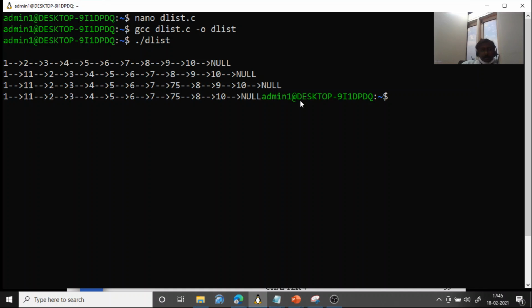Or certain things which we have not done. For example, search we have not done. Say I want you to write a function to search whether a node with a given data value exists or not. If it exists, at which position it exists. This type of question you may expect.